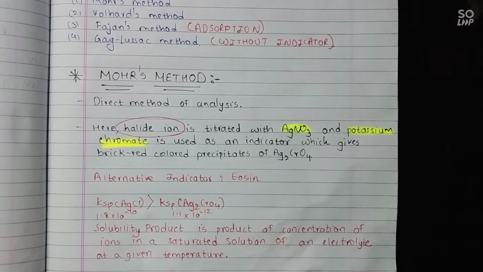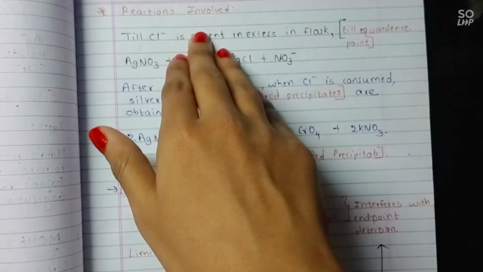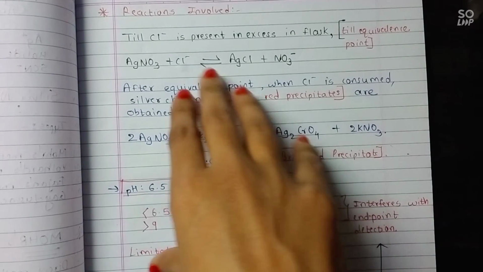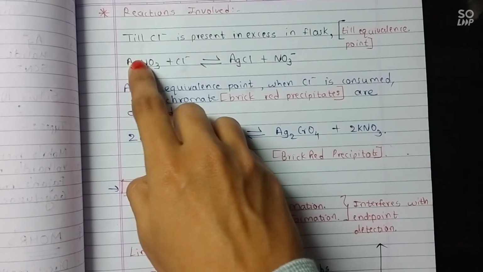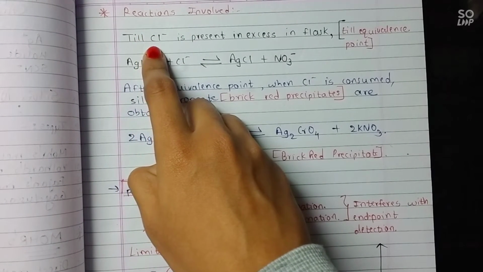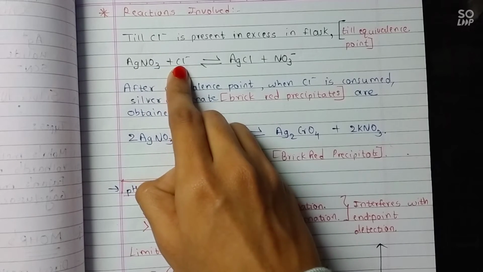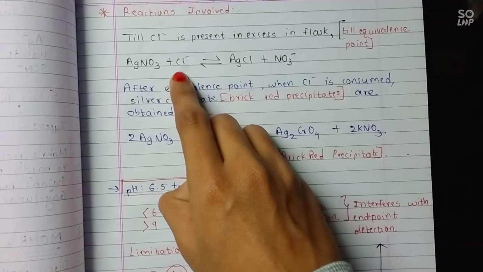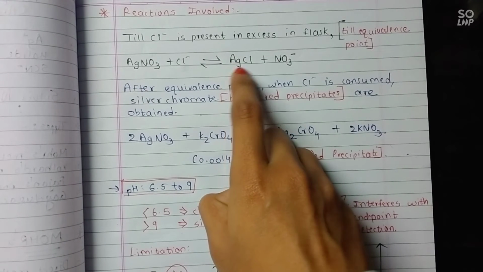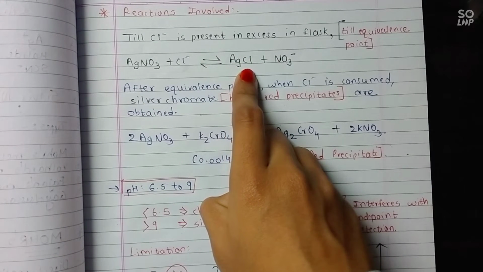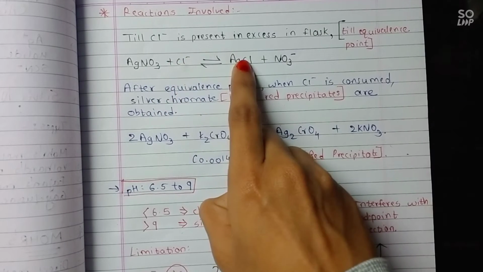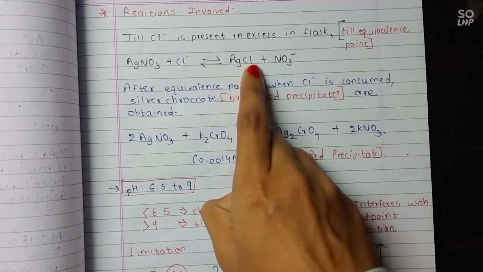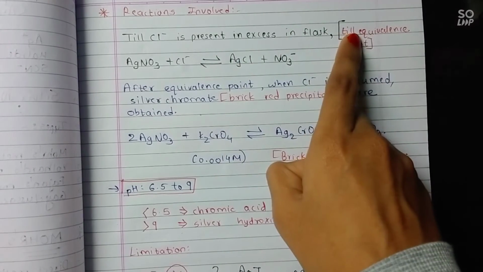Okay. Now, let us come to the reaction which is involved in this. So we have seen that in the saturated solution, what will happen? Chloride ions will be in excess, and if chloride ions are in excess, then of course silver nitrate is going to react with chloride first, and it will give precipitates of AgCl. Though its KSP, solubility product, is larger than silver chromate, as it is in excess, we will get AgCl at first, and that's very obvious. But this will happen only till the equivalence point is achieved.